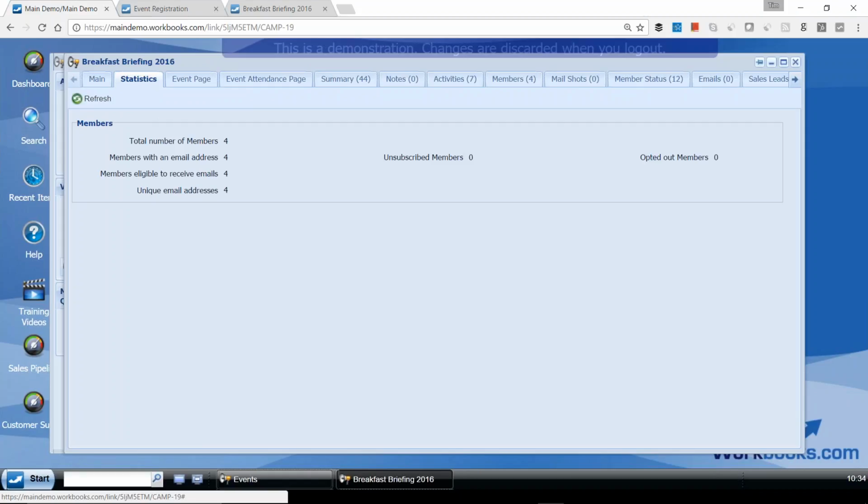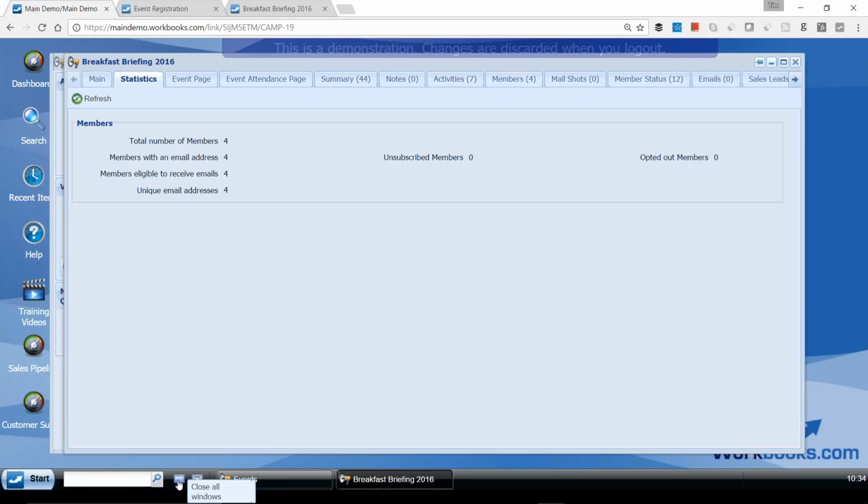Maybe we have 2 different mailings, a mailing to those people that did attend, and a different mailing to those people that said they're going to attend but didn't turn up on the day. Workbooks can track that activity, typically, if it was a mailing activity, through something like MailChimp. So we can track all of the information about responses to that mailing.